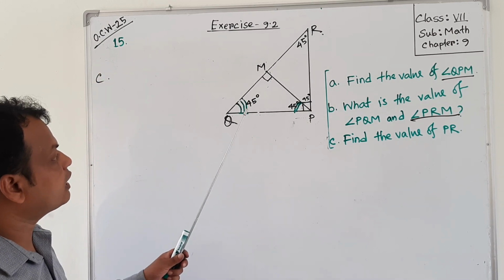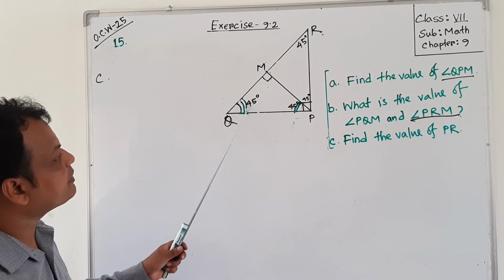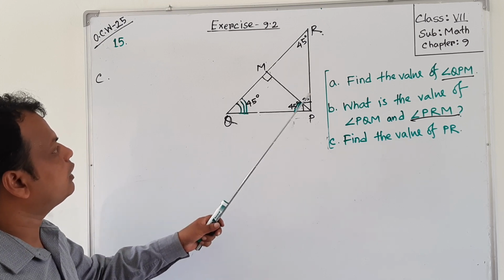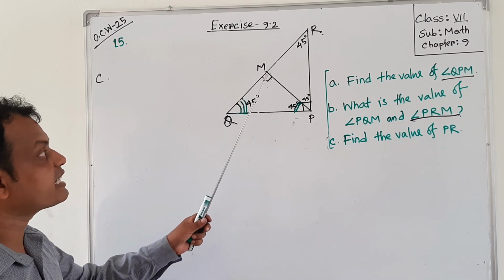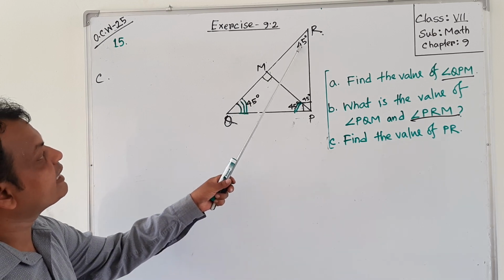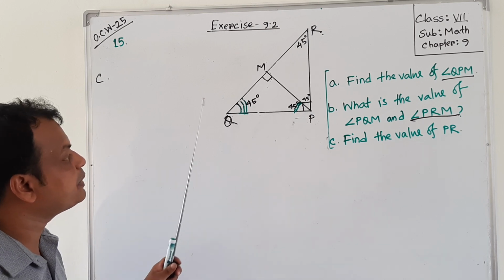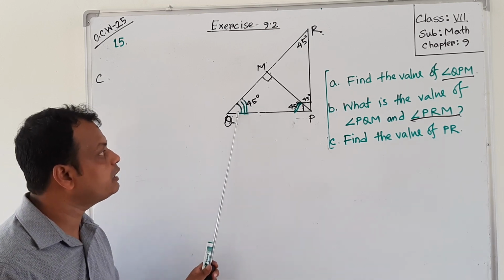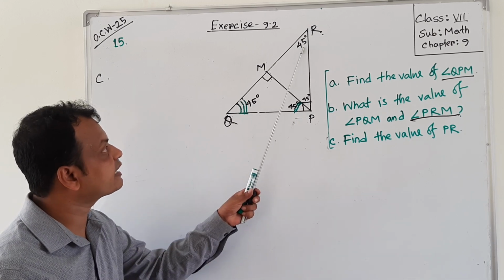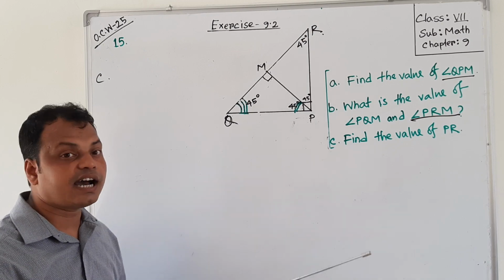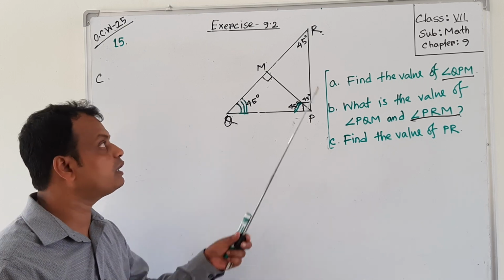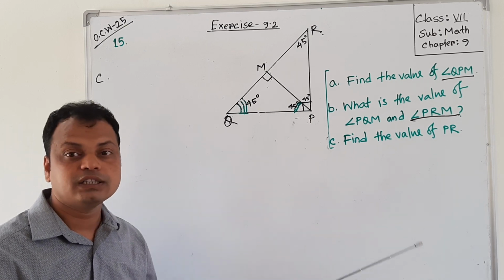In triangle PQR, this angle is 45 degrees and this angle is 45 degrees. So we can tell these are base angles. Consider QR as the base. Then the base angles are equal, and when the base angles are equal, the sides PR and PQ will be equal. Why? Because this angle and this angle are equal, it's an isosceles triangle. In an isosceles triangle, two sides are equal, and when two angles are equal, then two sides will be equal.